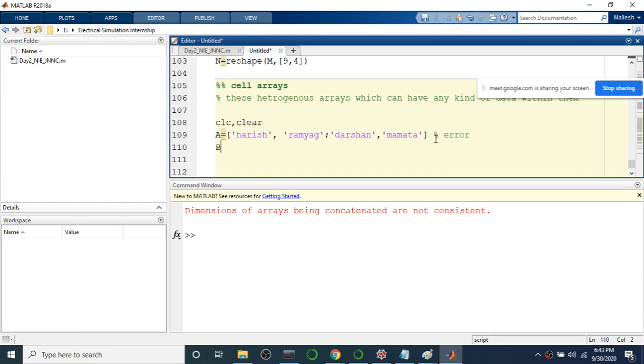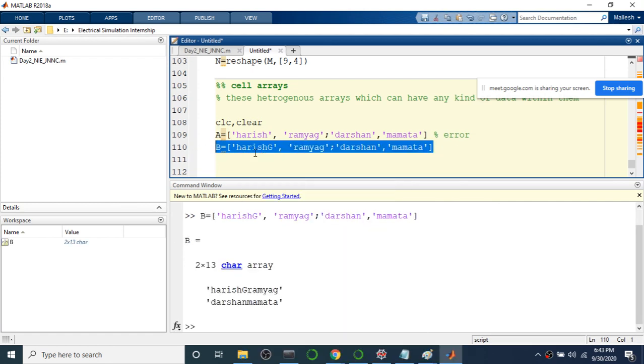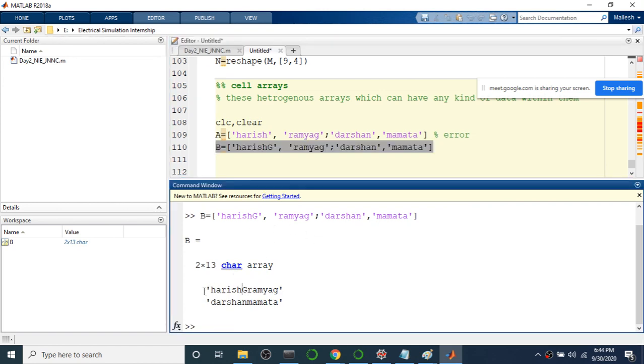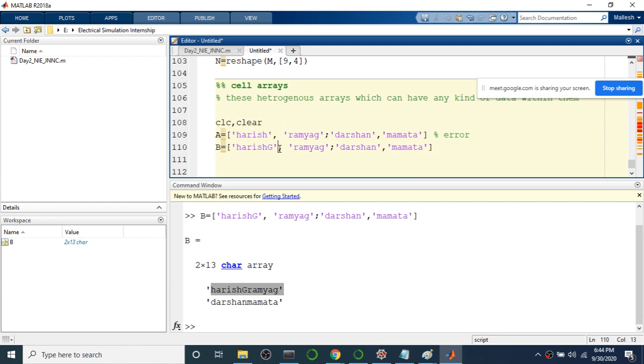Next I'll create one more array. In this I'll just extend it and write Harish G. Now we'll see what happens. Execute. This works, but MATLAB considers every character as one element, so they are kept without any spaces, even though we separated them here.